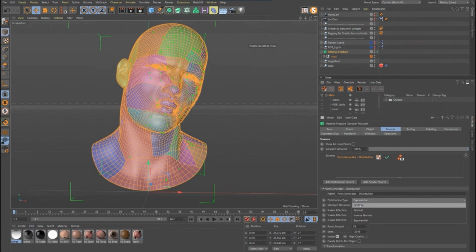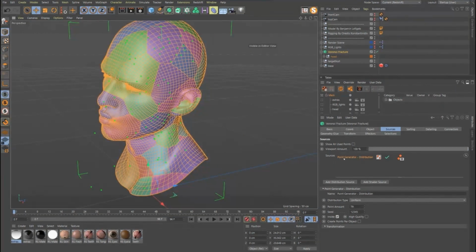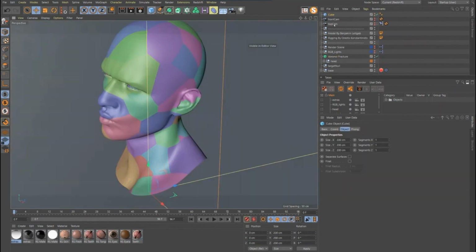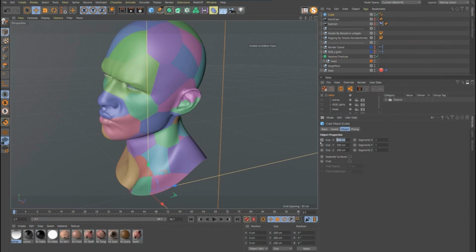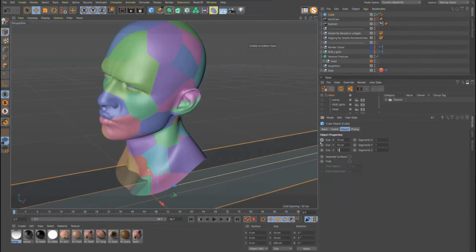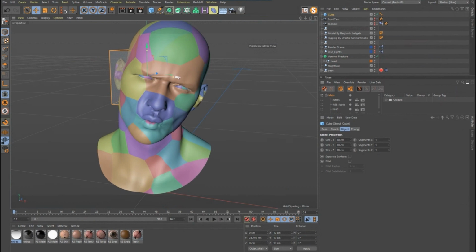We're just going to use uniform. And in sources, you don't have to just use the point generator. You can actually put anything you want in there. So if I had a cube, this is going to be kind of huge, and I put that cube in there, and let's make this a little bit smaller. Right, this is now an object that is influencing the fracture.